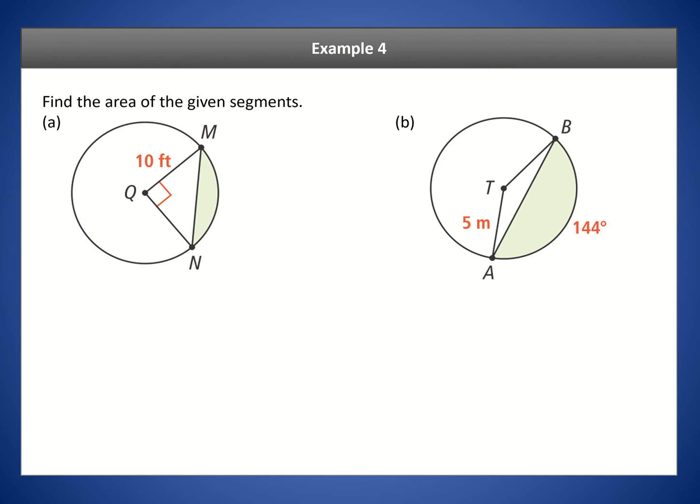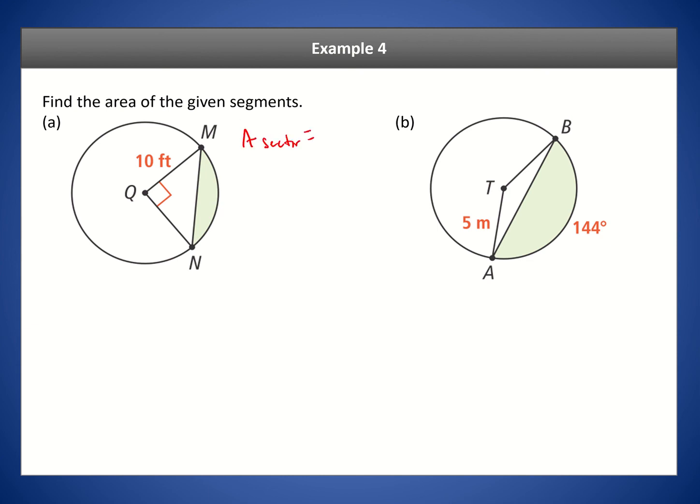All right, so let's look at some more examples to give you an idea of how it's done. Not all triangles will be special right triangles, so we just have to keep that in mind. Part A will be a special right triangle. Part B will not be a special right triangle. So we'll show you how to do it for both. First off, let's calculate the area of the sector. Now the area of the sector